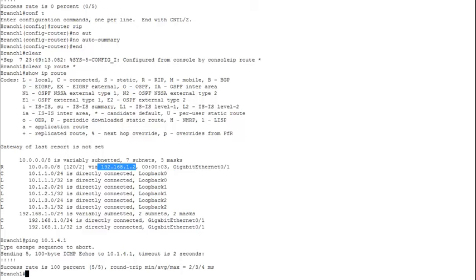Maybe branch 2 doesn't need to know that. So we do summarizations, clear out some congestion, and sometimes so that we don't have to recalculate anything, and we'll talk about that more as we get into EIGRP and OSPF. So let's say we want to summarize our networks 10.1.1.0,